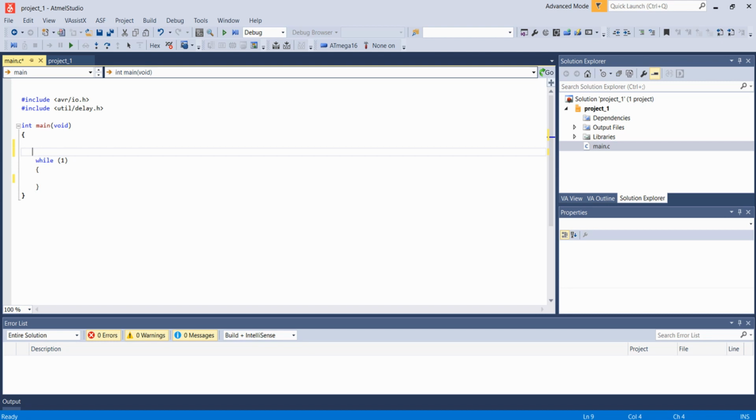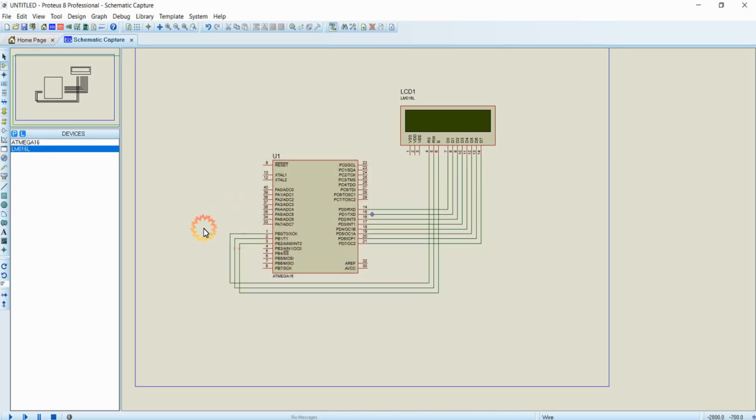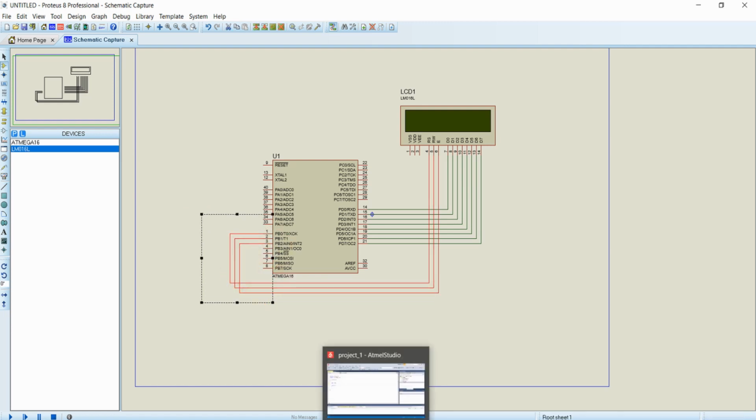So for configuring all the pins of port D as output, I can write 1 to all the bits of the DDRD register, so DDRD = 0xFF. And for configuring the PB0, PB1 and PB2 pins as output, I can write 1 to the DDB0, DDB1 and DDB2 bits of the DDRB register.